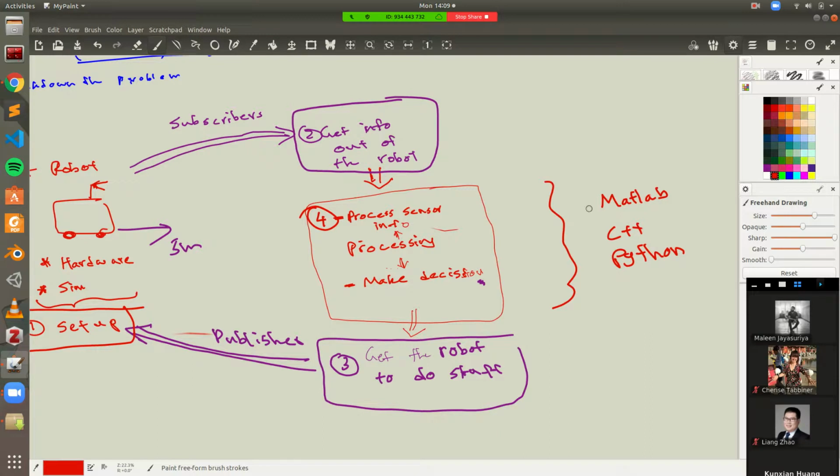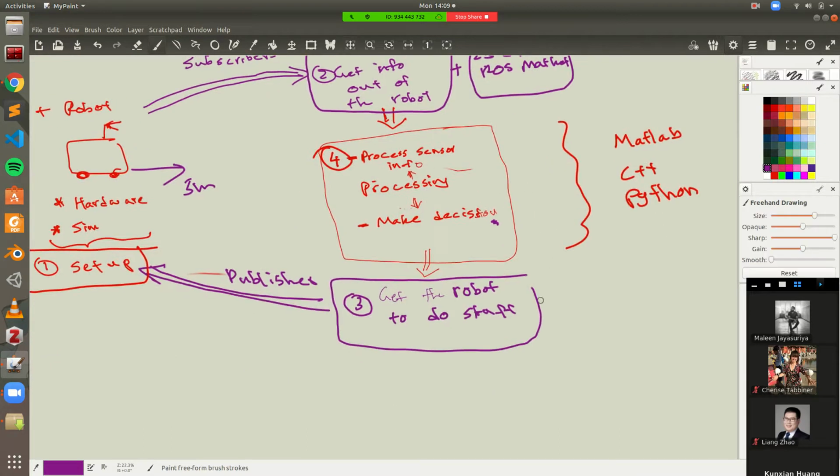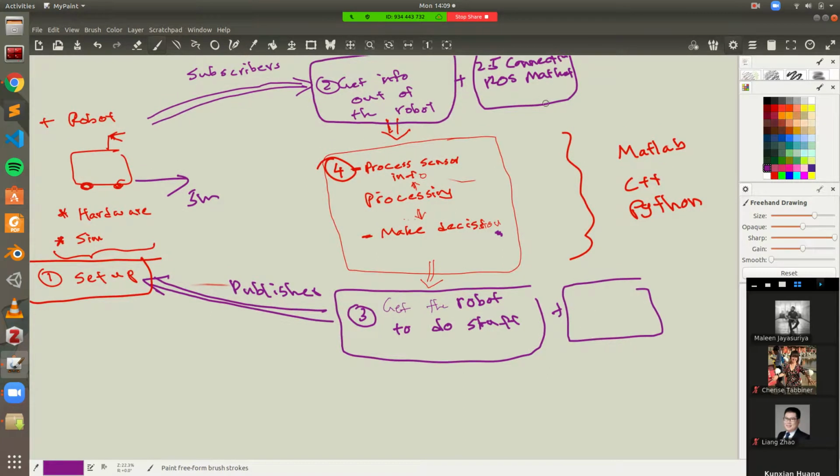So if you're using MATLAB, for example, when you're subscribing to information and listening to information coming from the robot, you'll have to get that information to MATLAB, right? So there's a small sub problem associated here. I'm just going to call it 2.5, which is connecting ROS to MATLAB. And similarly in here as well, right? You have the same problem, right? But once you connect everything to MATLAB,